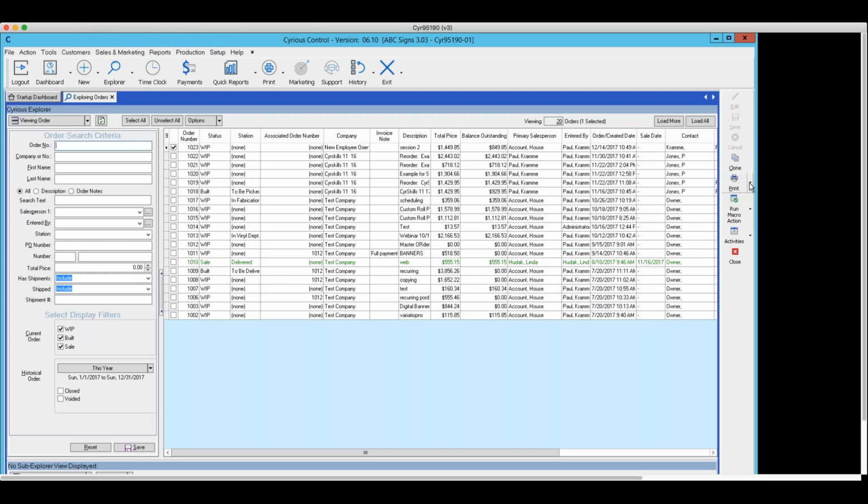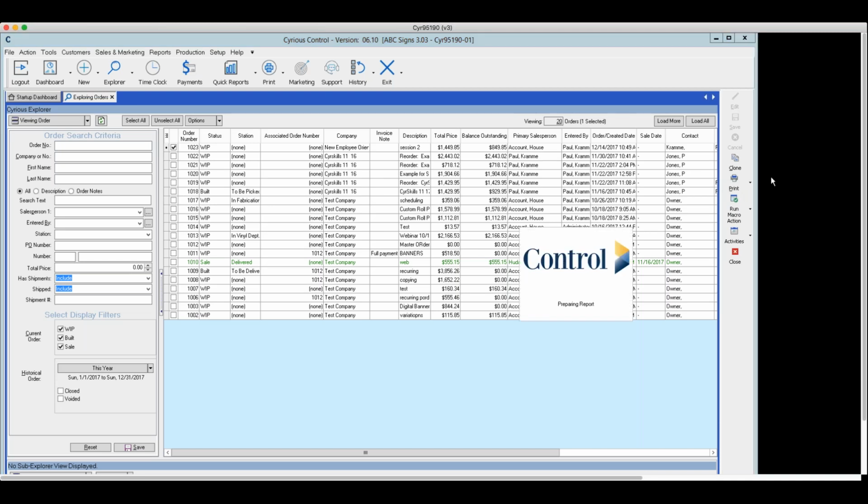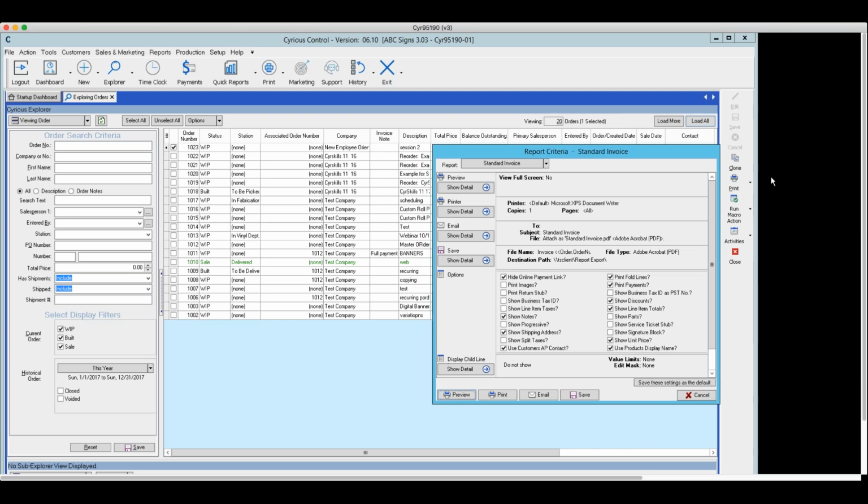If you go to the print function, everything I'm going to highlight first is the same, whether it's an estimate that you're printing, an order that you're printing, or a simple report that you're printing. And the things that are the same are the preview up here at the top, the printer that you're going to use,